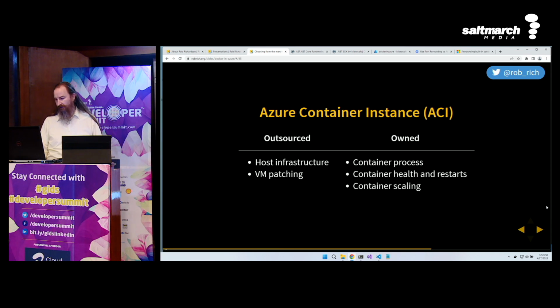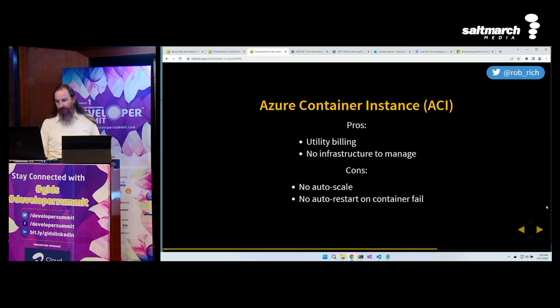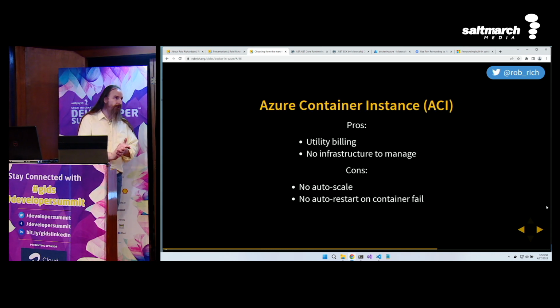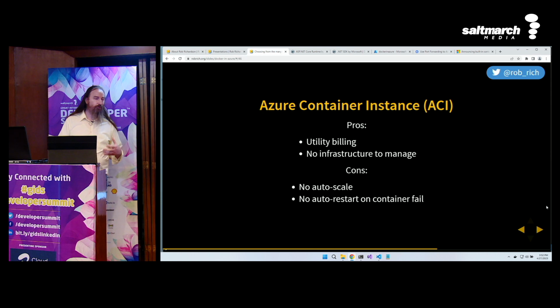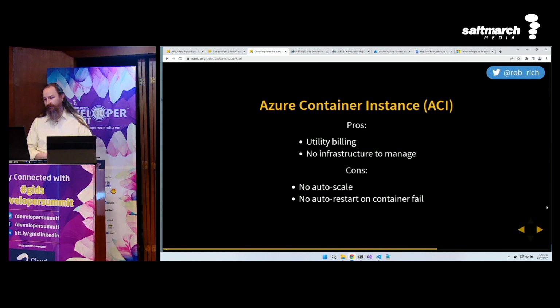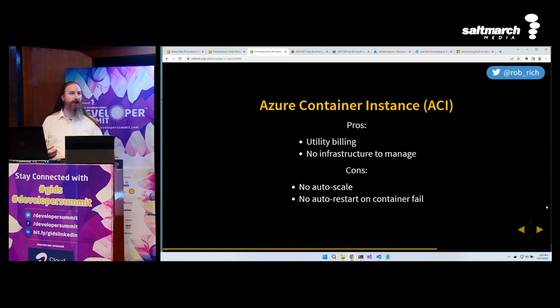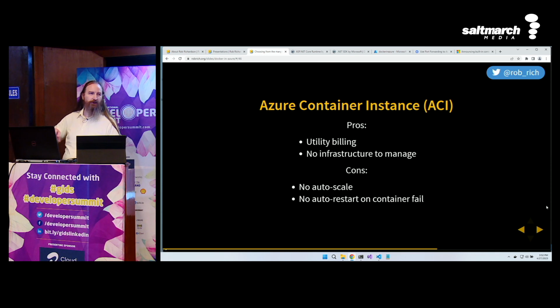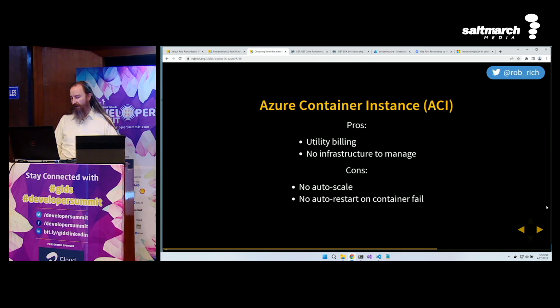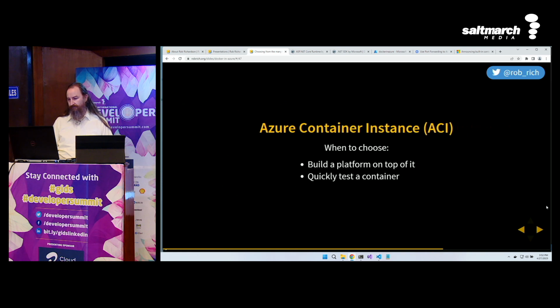restarts our application. So when is this really helpful? Because it's utility billing, it's a really cool mechanism for being able to start things really quickly, try them out, without having to worry about starting it and hosting it in Kubernetes and YAML, and it's just a REST API. On the downside, it doesn't scale and it doesn't restart, so this isn't great for production hosting.